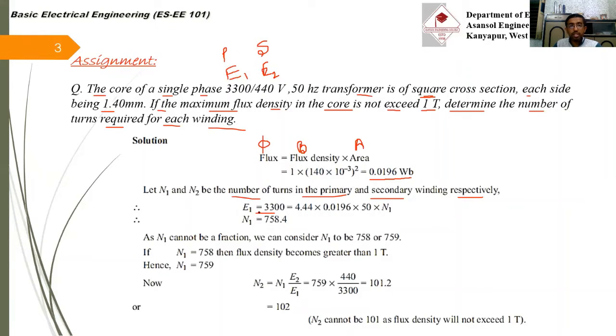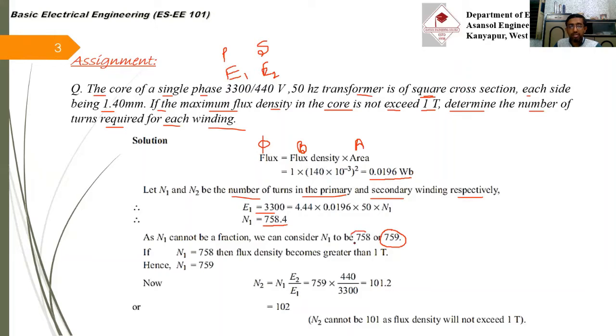So E1 value is 3300, that means 4.44 into 0.0196 into 50 into N1. So here you can calculate the N1 value, and the value is 758.4, but the number of turns cannot be in decimal, so it will be a full turn, that means